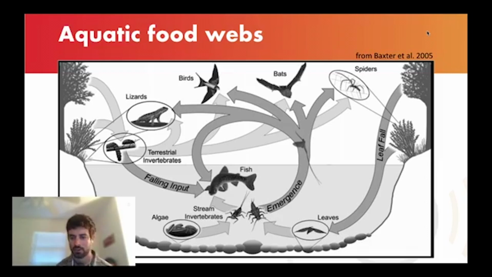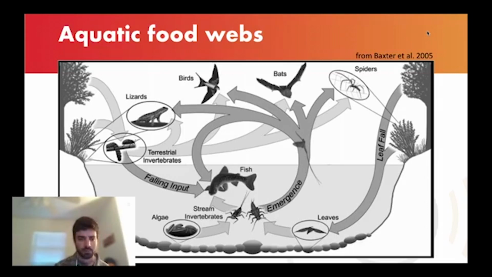So when we talk about subsidies, a couple of the subsidies that we can think of from this image here are leaves falling into the stream because the leaves were produced on land, and then they are consumed and broken down in the water. We can think of emergence, so these aquatic insects growing up in the aquatic environment, and then when they become adults, they'll fly out of the stream and feed terrestrial predators. And finally, we can think about terrestrial invertebrates on the far left there falling into the stream and feeding things such as fish or trout or otherwise. And so this is what we think of when we think about aquatic food webs and subsidies.